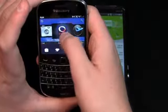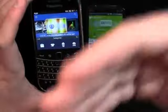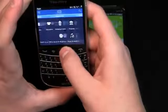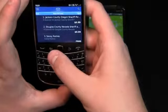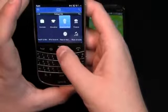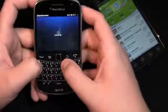All these are individual apps, but you'll often see stuff that works with BBM or something like that, and you can click on that, and it brings up a specific application. But then down here you can see the categories, and I can scroll over to top free, top paid, new arrivals, and then go to top rated, and then back to categories. So I can go over here to, let's say, entertainment, for example, click on that, and I can bring it right up